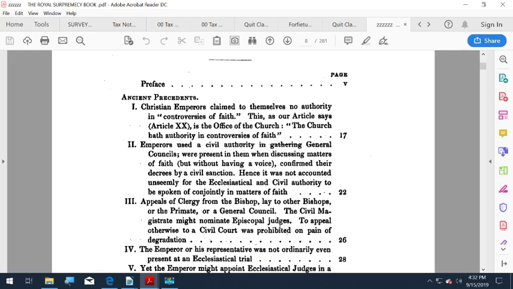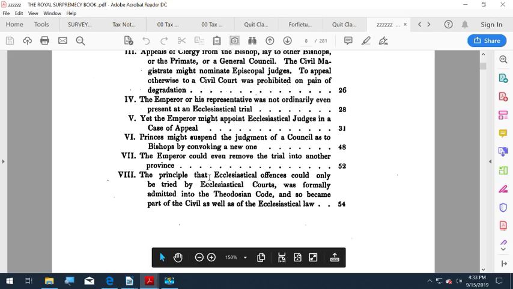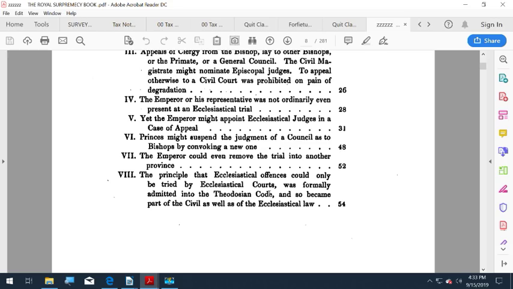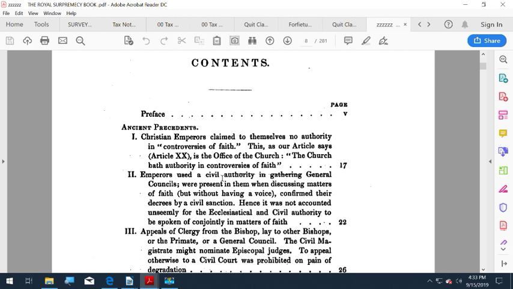And so that would be like going to the court of Chancery. I just believe that's what they're talking about. And the principle that ecclesiastic offenses could only be tried by ecclesiastical courts was formally admitted into the Theodosian Code and became part of the civil as well as ecclesiastical law. And so a lot of these things all happened because it was based on old Christian law, sure enough, Christian